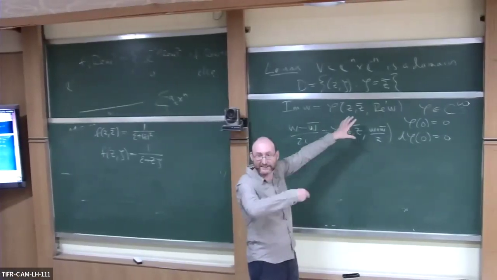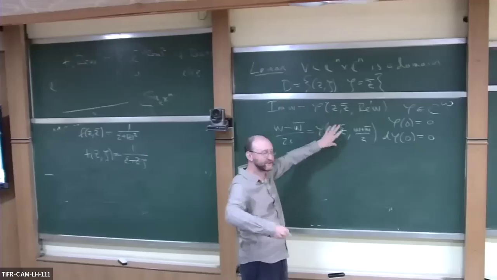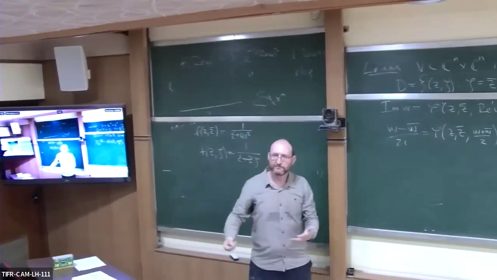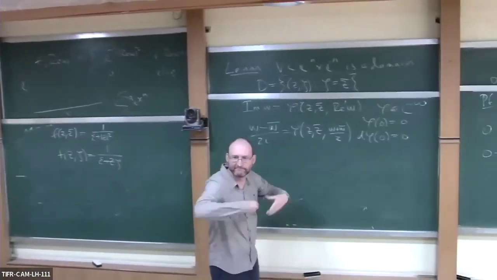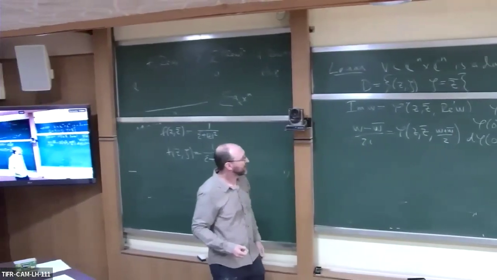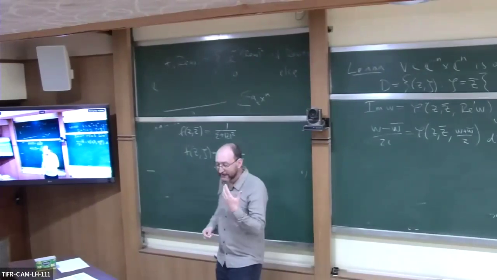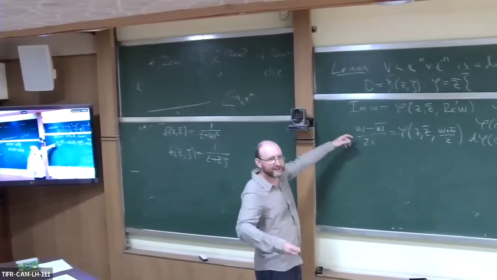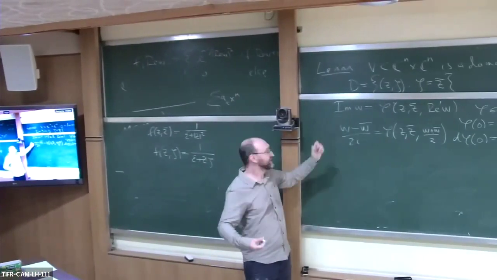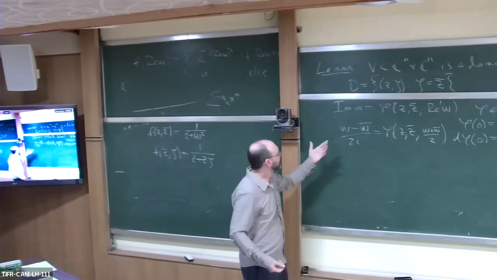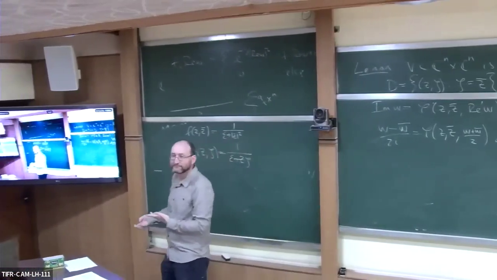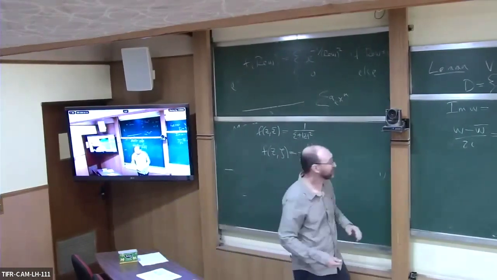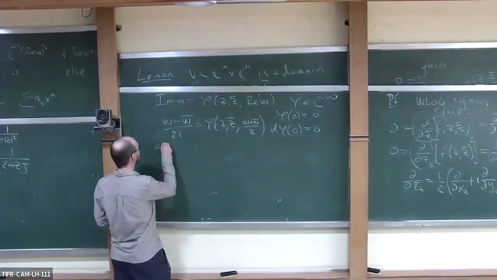So you complexify it in some neighborhood of the origin and write down the power series. Now I can plug in Z bar as a separate variable. It doesn't have to be Z bar, it could be just a separate variable. So what I can do now is look at this and apply the holomorphic implicit function theorem and solve for, let's say, W bar. Let me make sure I'm using the right notation. So I'm using Q.